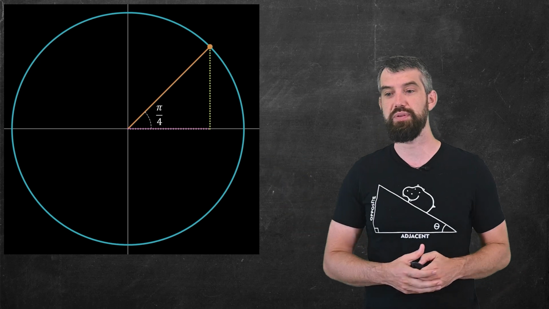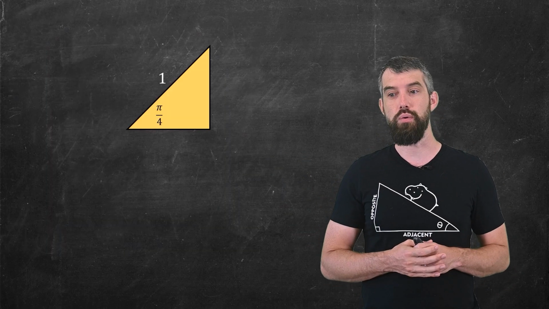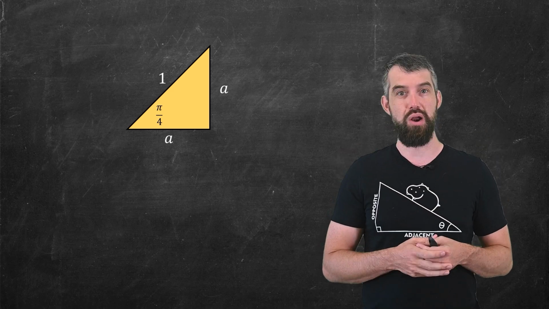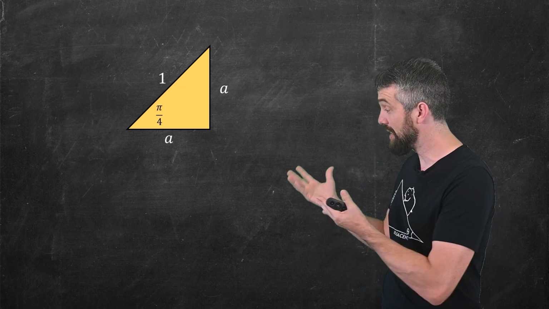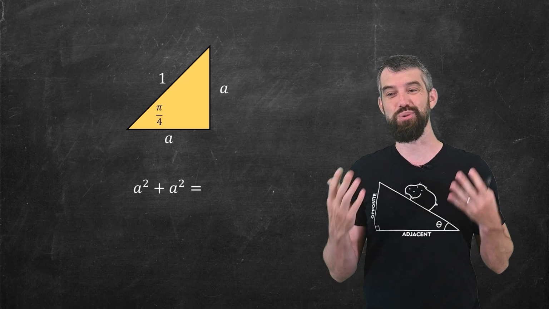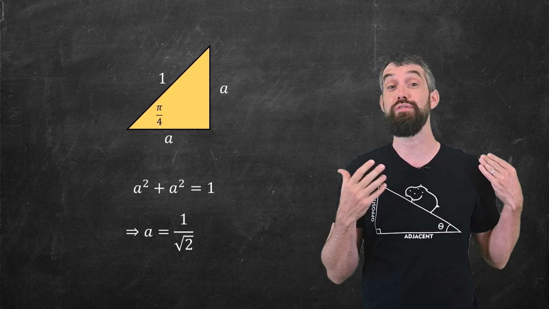So let's take a look at this particular triangle. And what I notice is the hypotenuse has length 1 as always, but I don't know what the other side is going to be. Let's just call it something generic like a. Pi over 4 is cutting things exactly in half, so I have to have this isosceles triangle here. By Pythagoras, a squared plus a squared is equal to 1. So 2a squared is equal to 1, and if I solve this, it gives the value of a equal to 1